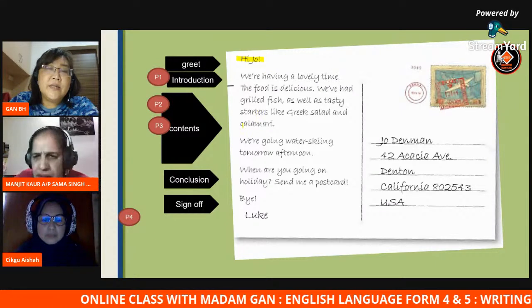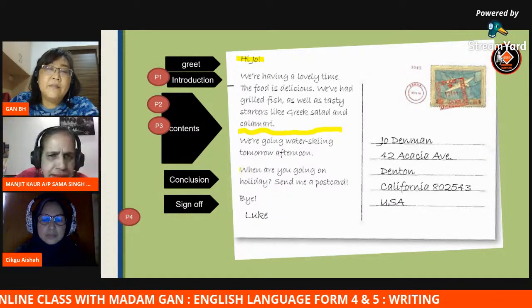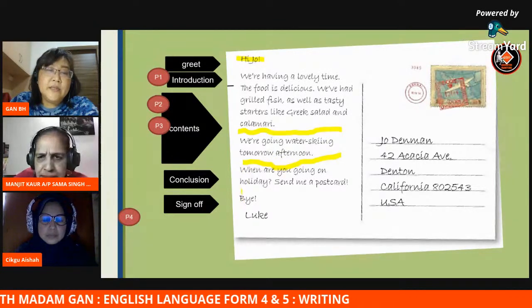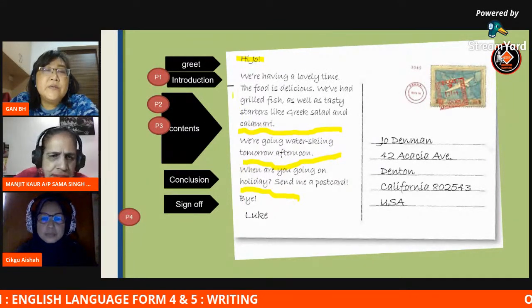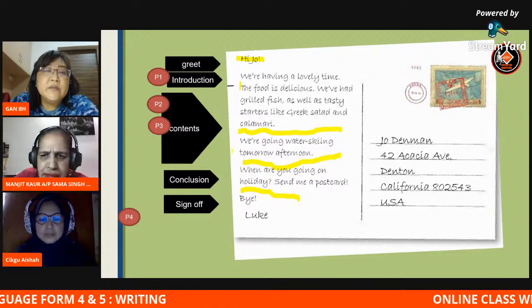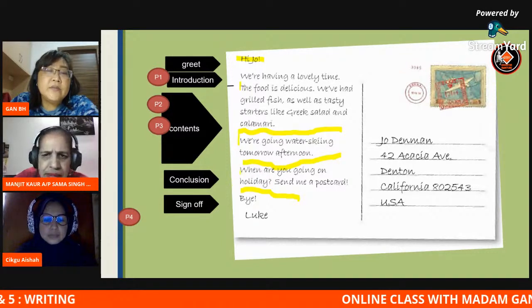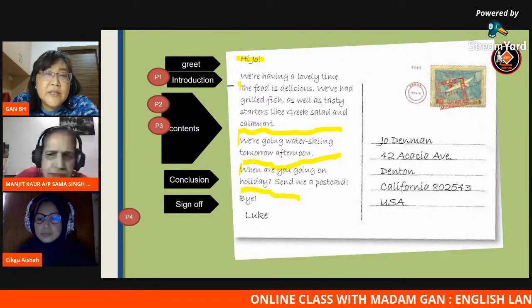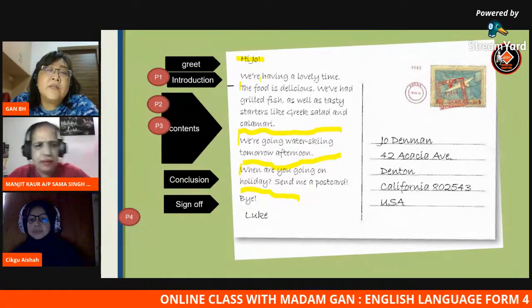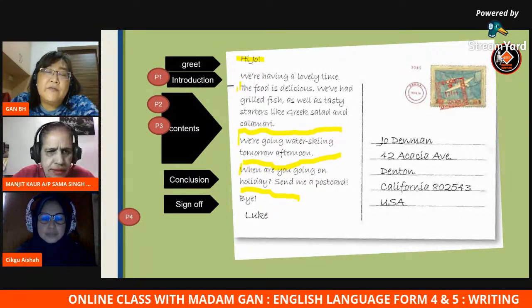Students, do you notice there is a missing line here, like a gap, and there is another gap here. There is a gap here, but there is no spacing in front of "we are." There's no spacing in front of "when." Everything is in one line, parallel. So this is called block paragraphing.